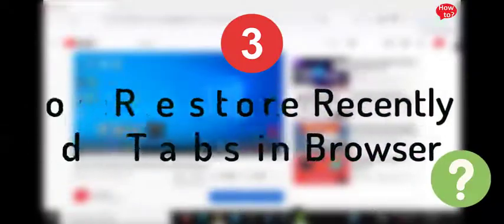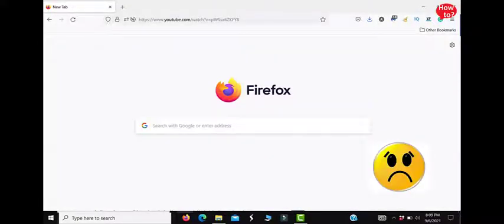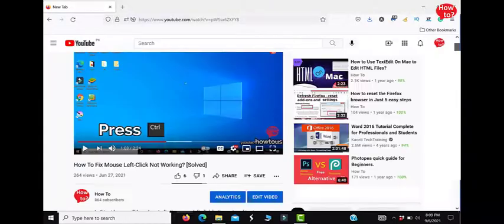How to bring back a closed tab on your favorite browser. You have accidentally closed a tab? No problem. Simply press Ctrl plus Shift plus T to reopen the most recently closed tab and get back to